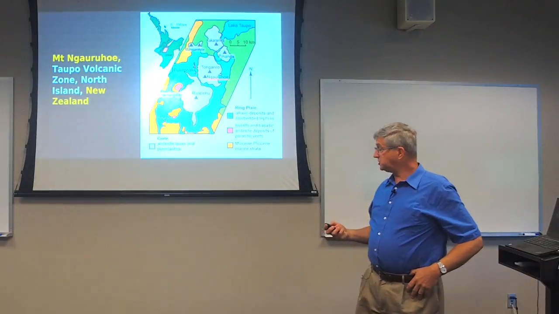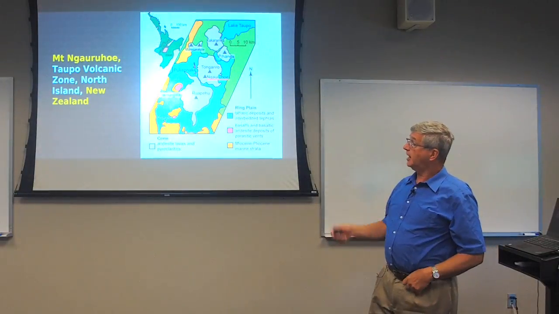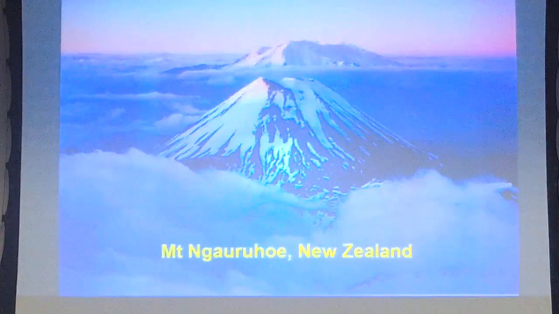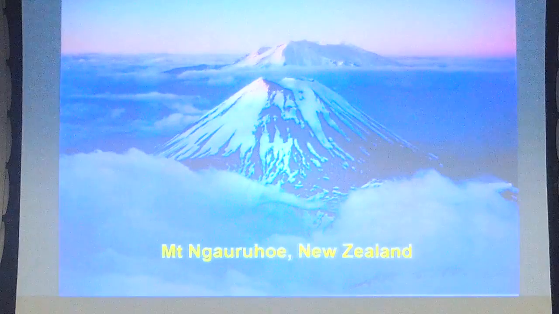So the next issue is contamination. Let's go to the North Island of New Zealand. Mount Ngauruhoe was made famous as Mount Doom in the Lord of the Rings series. Here it is in the foreground. Mount Ruapehu is in the background. It's still active. Mount Ngauruhoe has been dormant since 1975, but prior to that, it was New Zealand's most active volcano